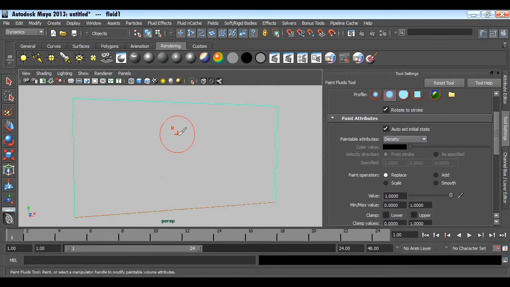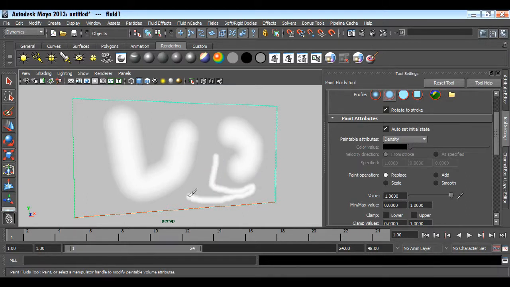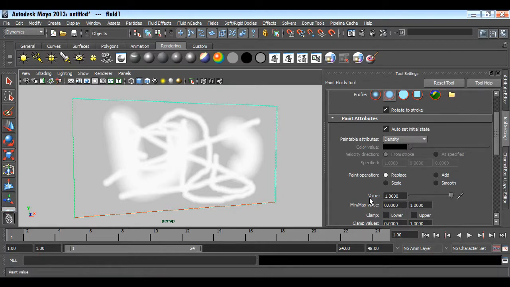So now I have the brush. So we are going to paint fluid in our container. So just brush. It's in the wireframe mode. So you can see the particles of the fluid. To see in shaded mode, just click on this button or press 5 on your keyboard. So you can see I will reduce the size of the brush. You can see I am painting fluid. Anything, any shape you want to, you can just paint. Here is the value, how much dense, how much transparent you want in your fluid. You change from the value. How much strong you want your fluid to be.